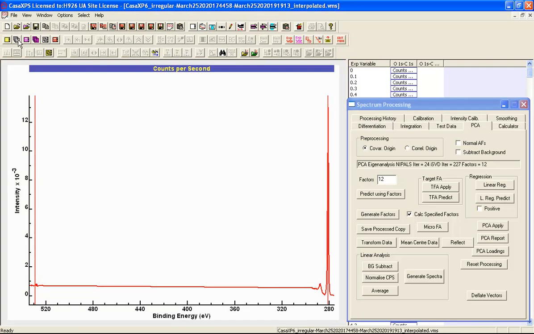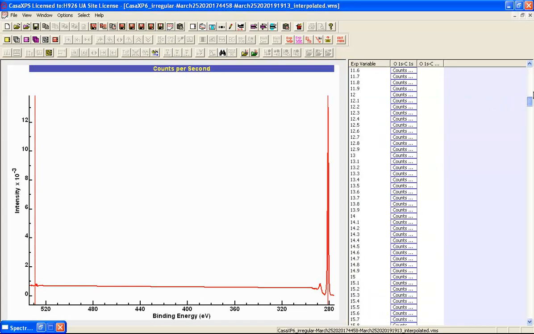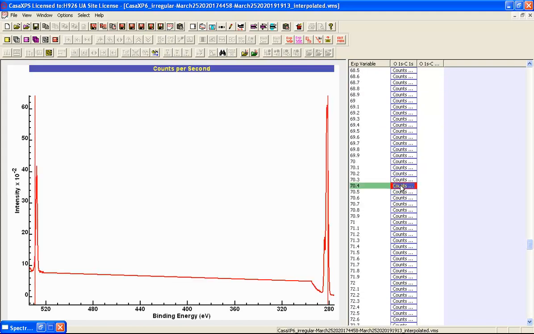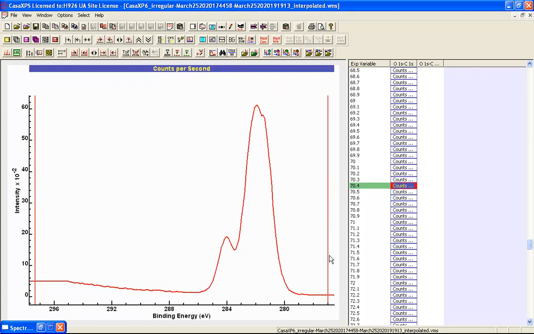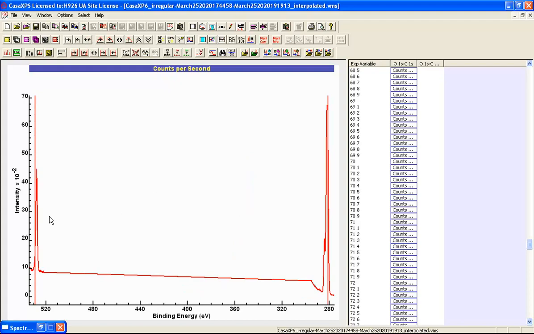containing this PS approximation. Now I need to search for the next spectrum that I can use in a least squares calculation. So we're down here, and I suspect that the PVP will be somewhere further down in this list. I'll probably get a better idea if I look at the carbon envelope to work out whether I've got PVP or not. That's not quite what I'd expect, so I'm going to increase this a little bit. I'd expect this peak to be somewhat rounded at the top. It's not quite as rounded as I'd like, but this is potentially an example of PVP towards the end of